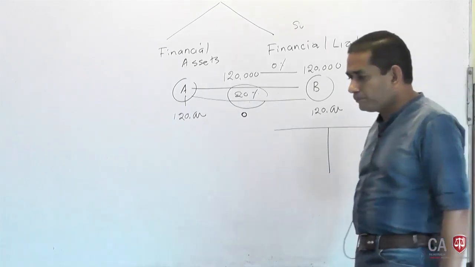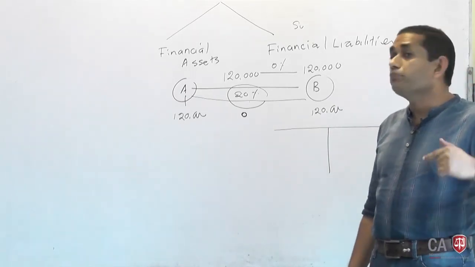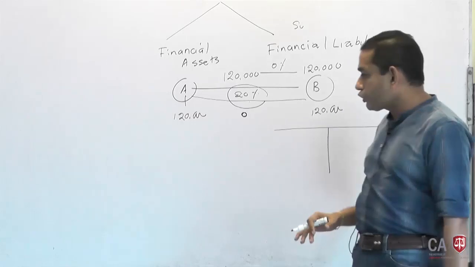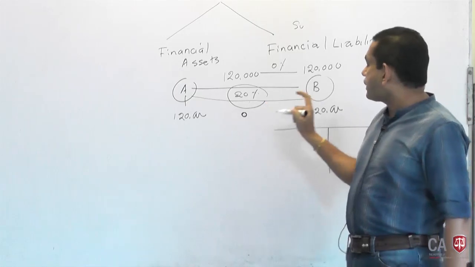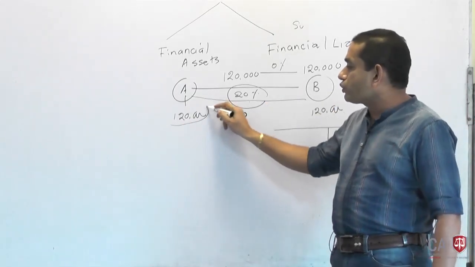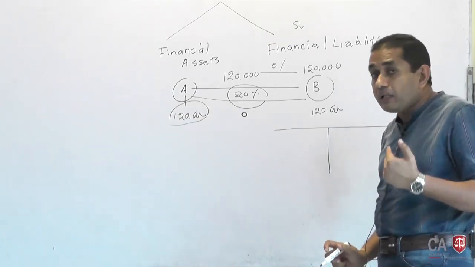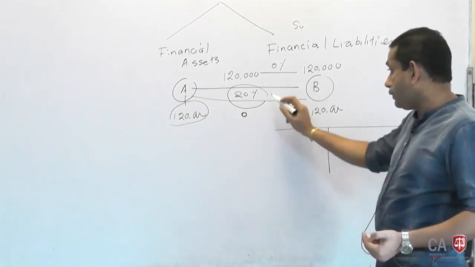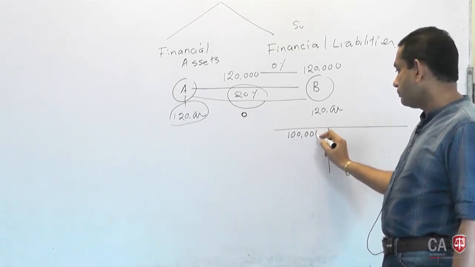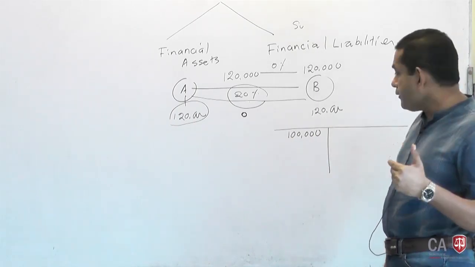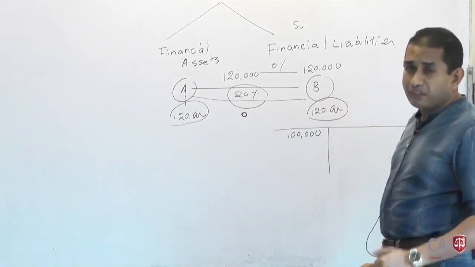Just imagine company B was a banker in the market and A was a borrower in the market. No relationships at all whatsoever additionally. Then for company B to recover 120,000 rupees in 1 year's time, what would have been the loan value originally at a 20% market rate? Loan value would have been 100,000. And company B has given and granted altogether 120,000.